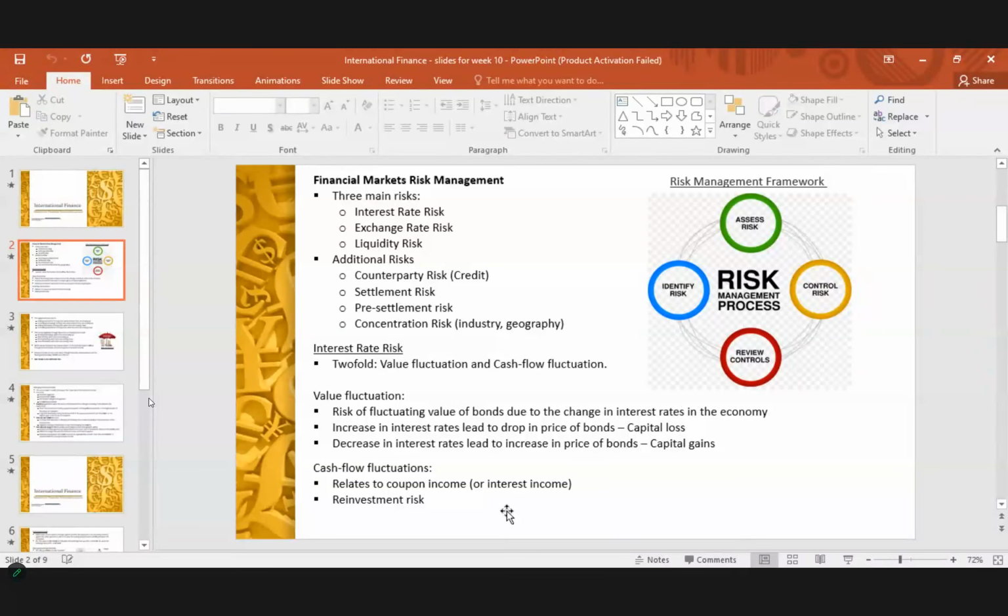Then the third significant risk in the financial market is liquidity risk, right? What is liquidity risk? We will go into those things as we move. But just to give you an example,